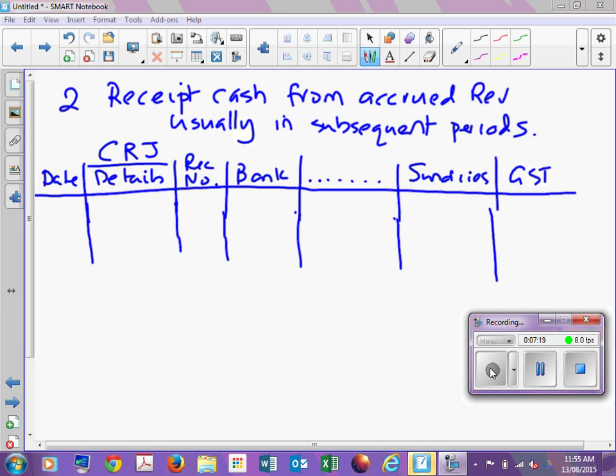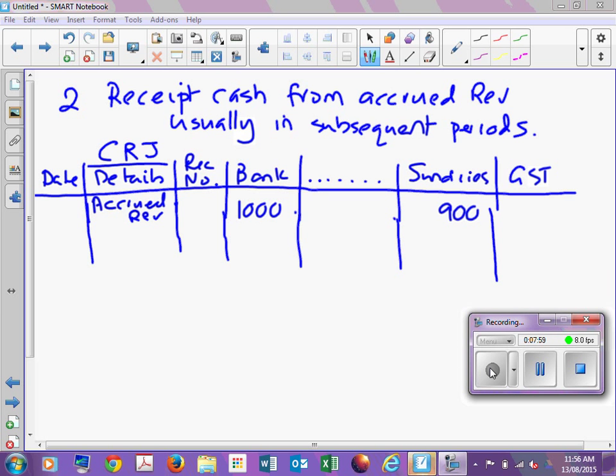Now, the rule is exactly the same as when I taught it with the accrued expense. When you receive cash, you may receive cash just for the revenue from the previous period, or you might receive cash that's part accrued revenue and some actual revenue. So the rule is the same as what I taught you last semester. Always put in the cash received for the accrued amount first. So in this case, I'm giving an example where they're going to get $1,000, 900 of it's accrued, 100 of